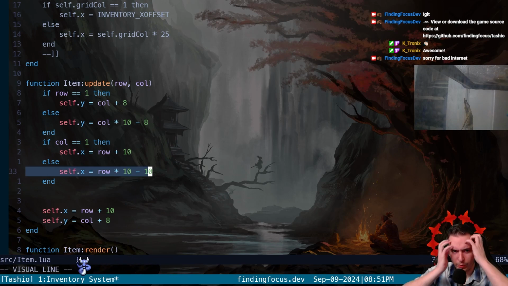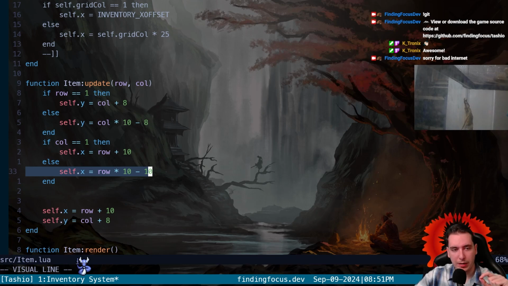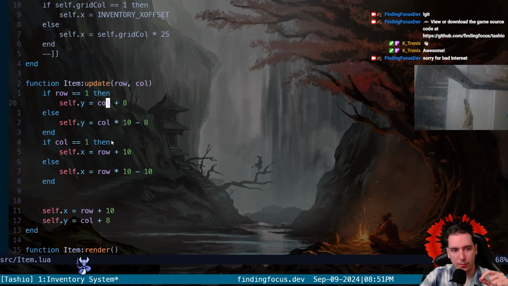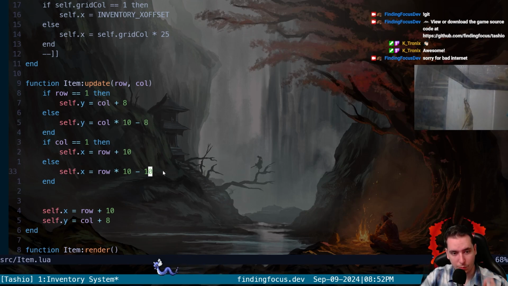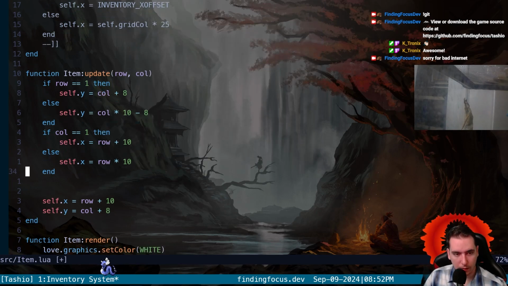Okay, so let's walk through this. Let's just talk about 1, 1. Then x will be 10, y will be 8 because it's row 1, 1. Let's just focus on x. So on grid 1, it'll be an x of 10 because of the offset. Now on a column of 2, it's going to say, okay, well now it's 2 times 10, which is 20, but we minus a 10, so it's 10, but that's the same row. That's the same one. Okay, so maybe if we don't do this offset, then